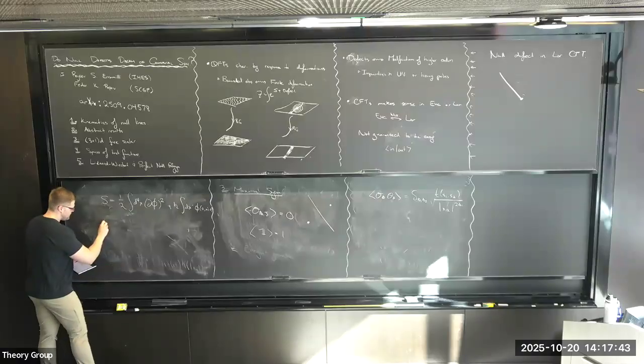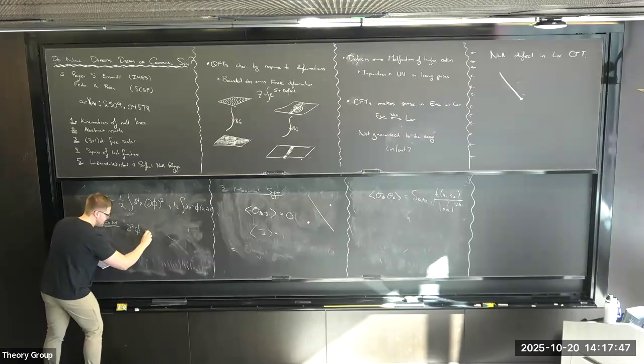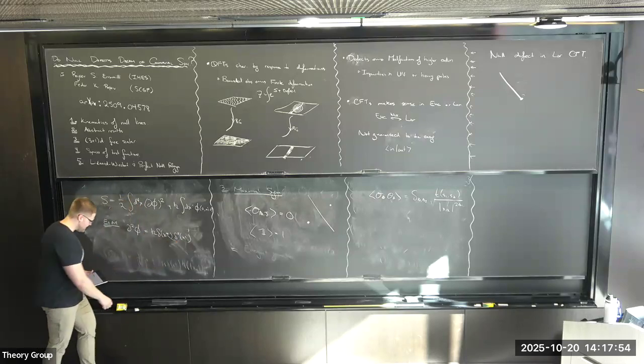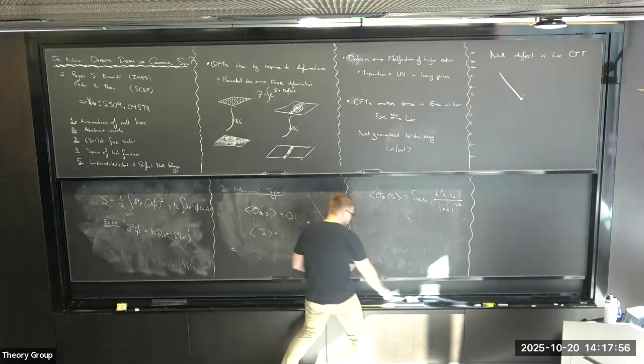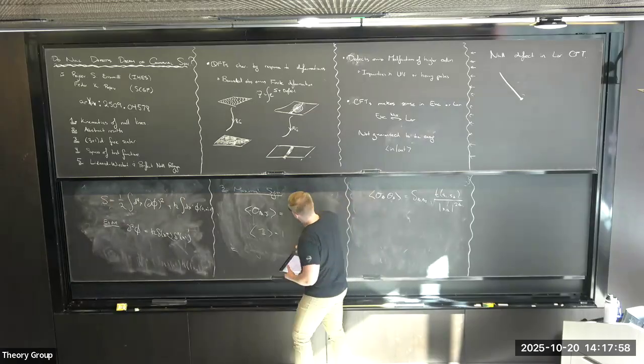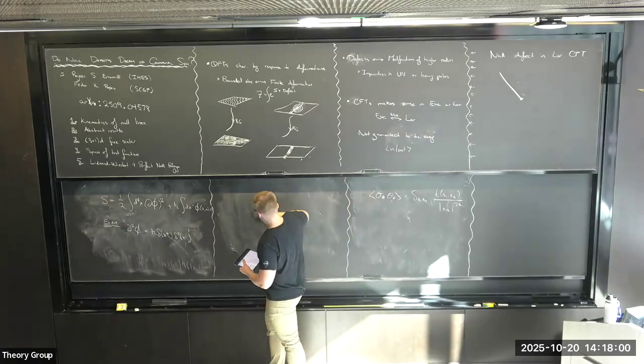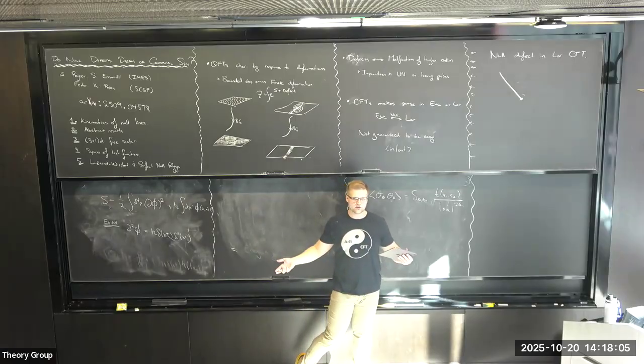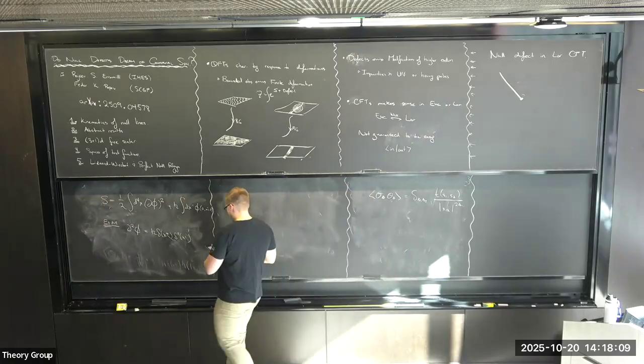So we take a look at the equations of motion. The equations of motion are now modified to d squared phi is equal to h delta x plus delta squared x. Good, great. Then we do the thing that we would do in any class: we solve it. It's a free field theory, so we may as well just look for the classical solutions. The classical solutions will just be the 1-point function.